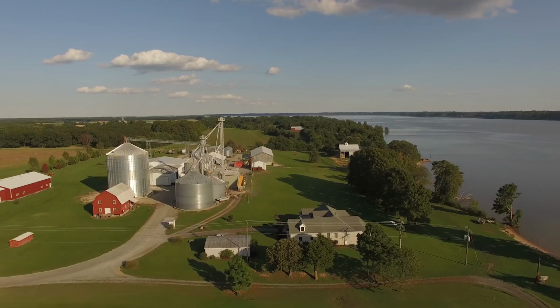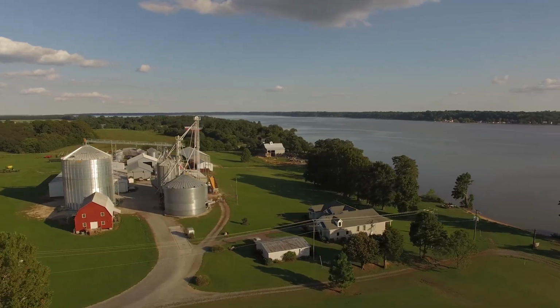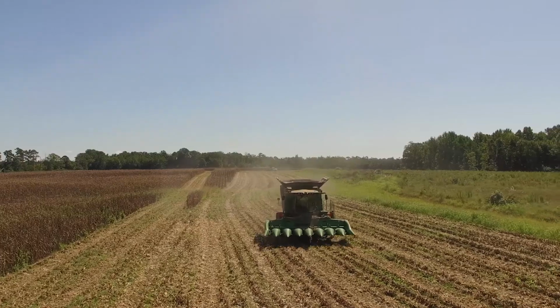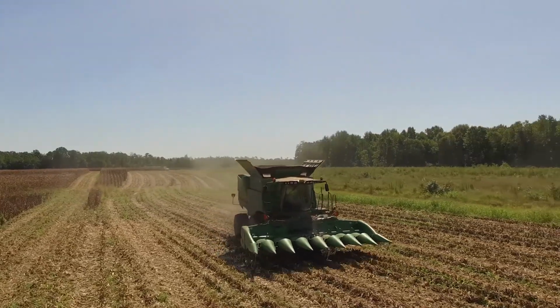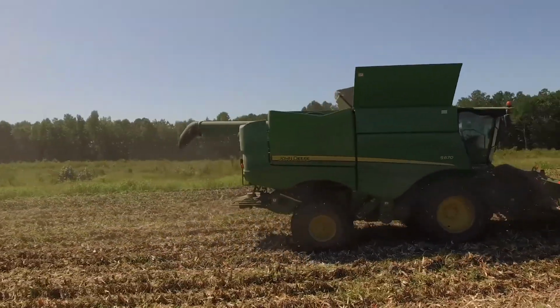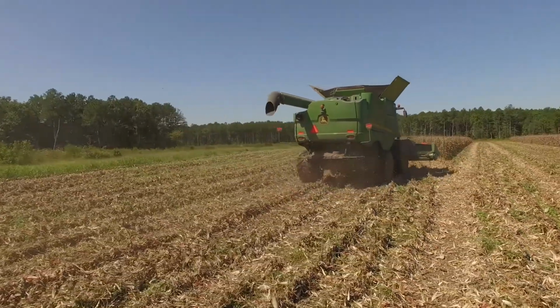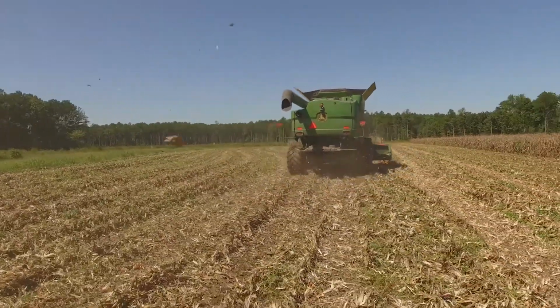We at Rimwood Farms, we're along the Atlantic Ocean, Chesapeake Bay area, Mid-Atlantic, so water quality is a big issue for us. Residue management is equally important to us because we're in this never-till, no-till conservation tillage practice program, and so all our harvesting equipment, we pay attention to how we're spreading the residue, whether we're harvesting small grain, soybeans, or corn. We want to make sure we get our residue evenly spread, and then we want to